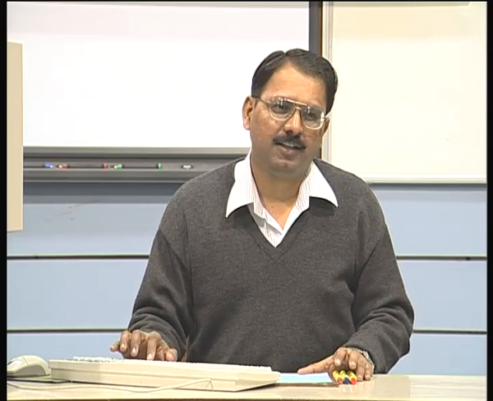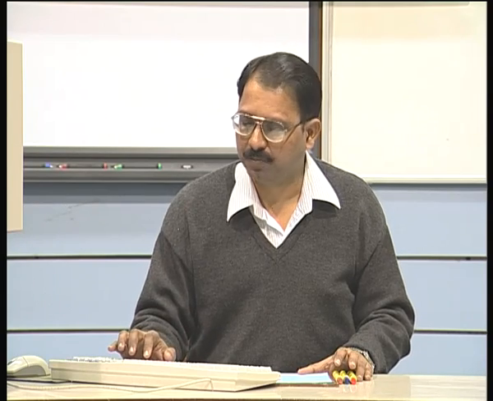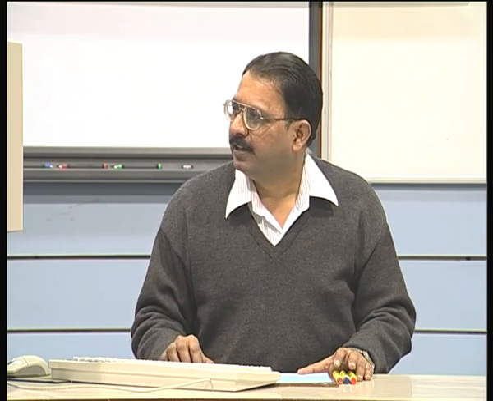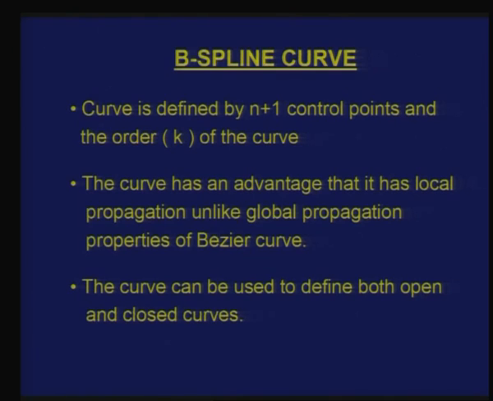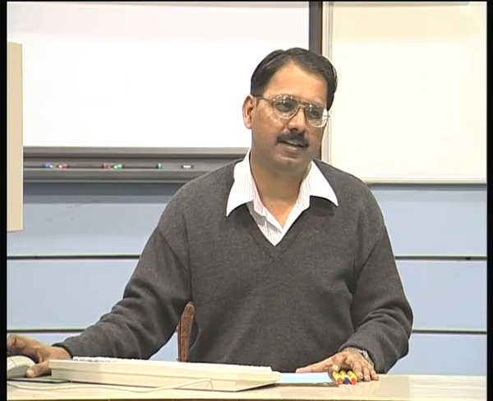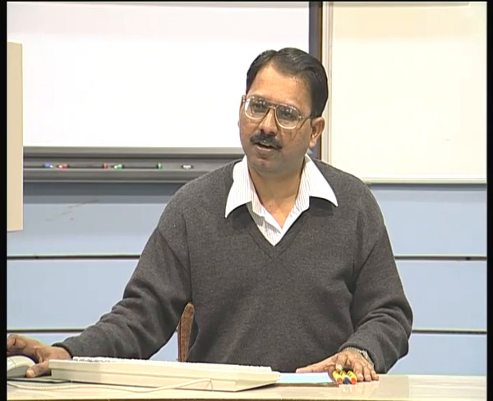Now, let us look at how one can go about doing this. Here the curve is again defined by n plus 1 control points. We have seen this in Bezier curves too, it goes from point p0 to p1 all the way up to pn, since you are including 0. So, these are n plus 1 control points, but you do not specify any order, which is fixed by the number of control points. But in the case of B-spline curves, I have to separately give the value of k. K is a common symbol used to represent the order of a curve.